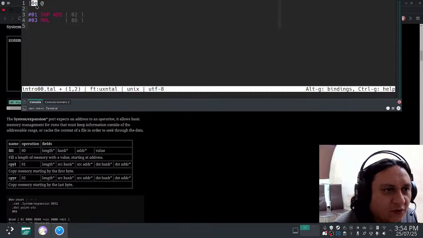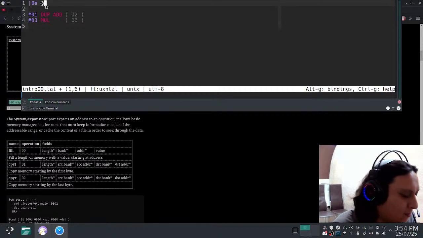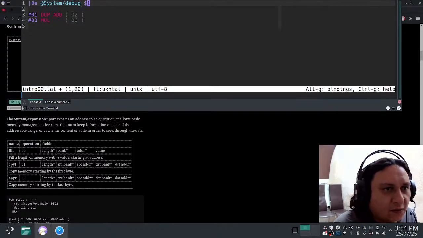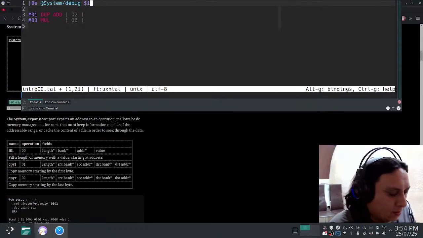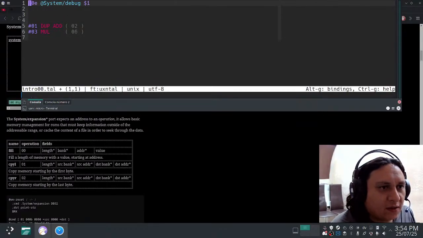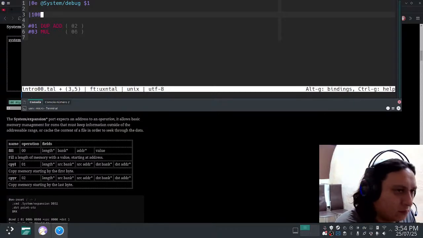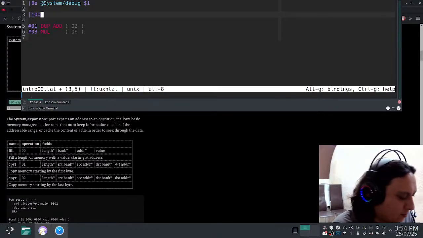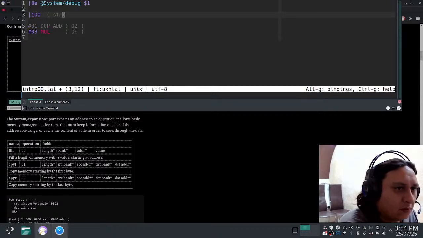and we create, this is the absolute path, and it's telling us that at this position we are going to create a label. The label is system/debug, and this is just to represent that it is 1 byte. After using this syntax, we need to go back to 100 hexadecimal, because this is the start of the program. Okay, so this is the start of the program,